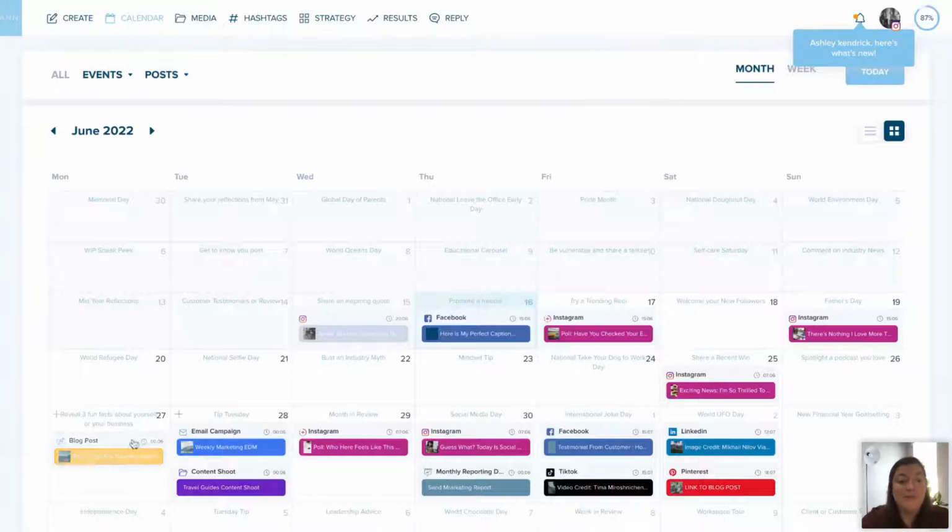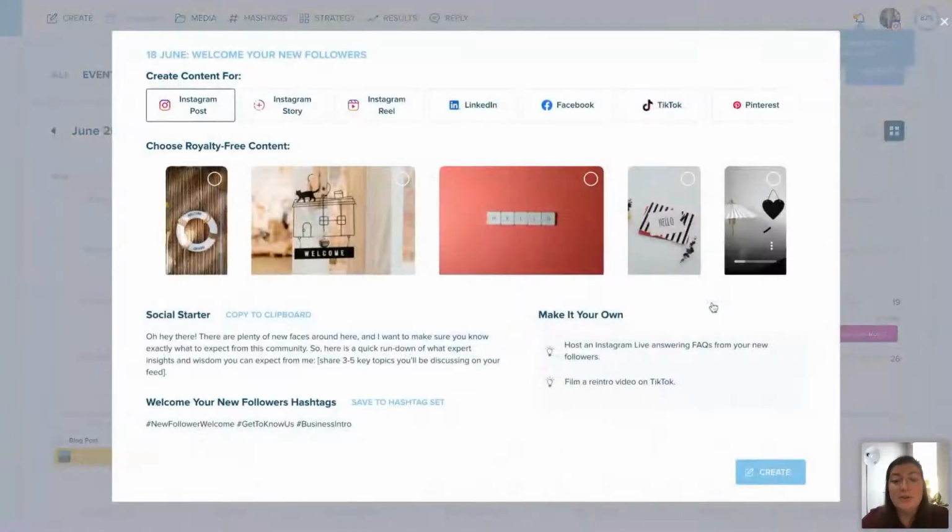So you'll see, we have a ton of posts that are already planned out, but something that's really exciting is on each of the days, you'll see this little blue line of text, right? So each day has a different one. They're all different. Let's go to Saturday of this week. So if you click on that blue bar, and for Saturday, June 18th, it is welcome your new followers. These are content ideas for every single day that are always changing that line up with our content calendar that we produce every month. And we have 3 months of these for you